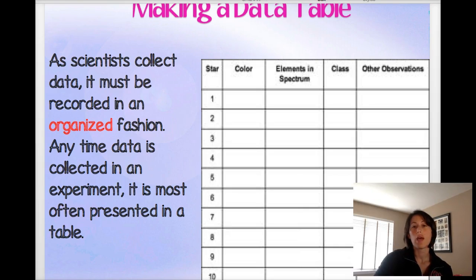All right, so let's look at making a data table. As scientists collect data, it has to be recorded in an organized fashion. It can't just be random numbers written down on a piece of paper. Anytime data is collected in an experiment, it is most often presented in a table. Okay, so if you look here,